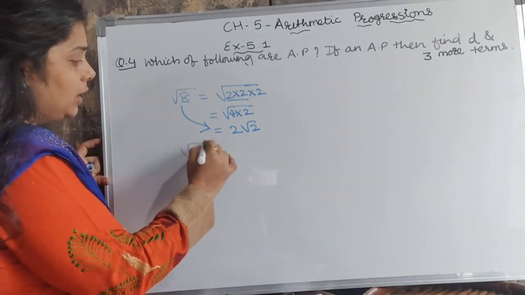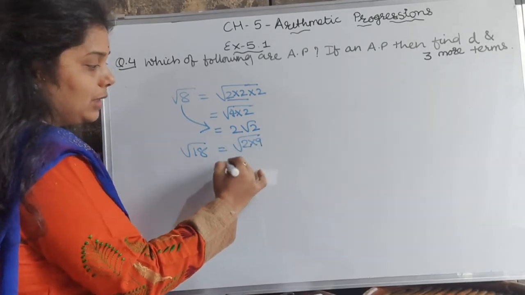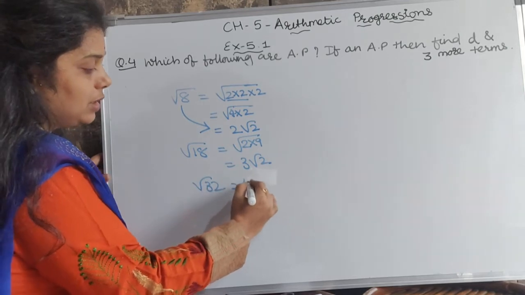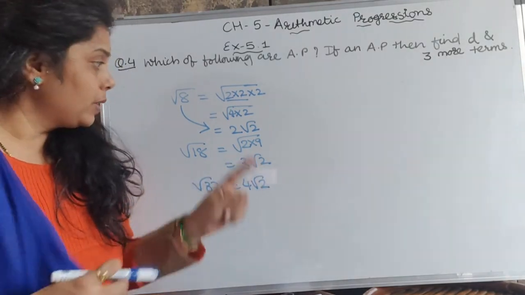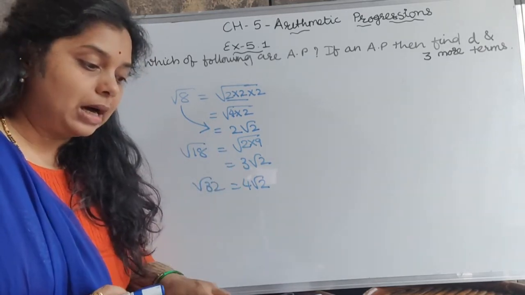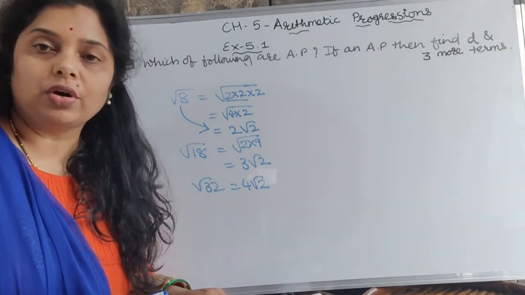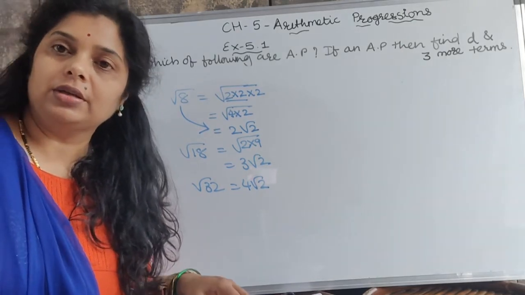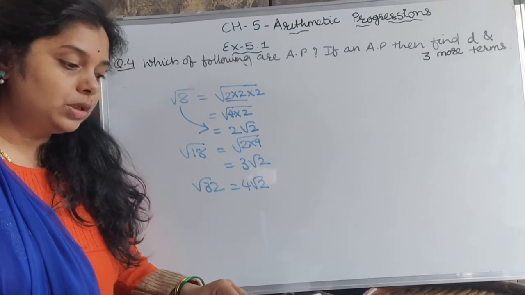Similarly, root 18 we can write as root 2 into 9. So root 9 is 3, that is 3 root 2, and root 32 we can write as 4 root 2. So in short, root 2, 2 root 2, 3 root 2 and 4 root 2 are the first 4 terms of the given list of numbers, and we are asked again to check whether the given list of numbers is an AP or not. So if you do the subtraction,